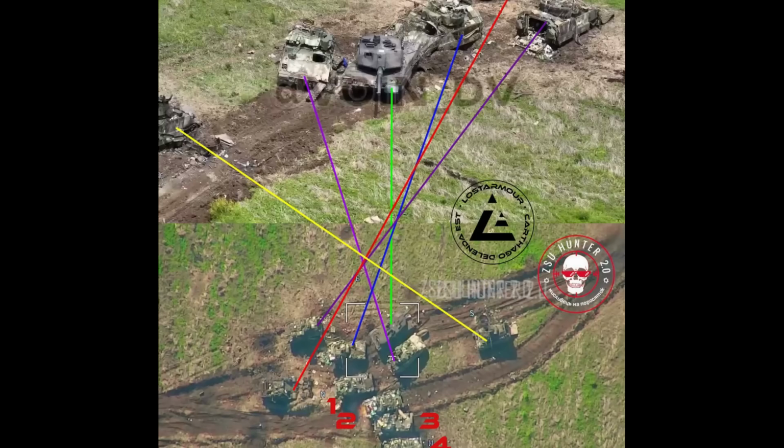Because normally it's said you're going from cover to cover, and inside covers you can move slow, but as soon as you're on the open field, you need to go as fast as possible to make the enemy hit you as hard as possible. Also, one thing that comes a bit to my mind is maybe the psychological aspect